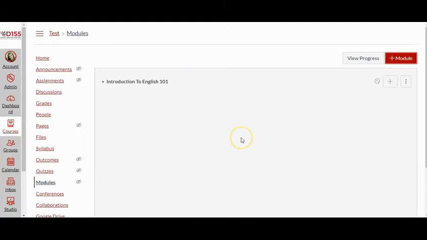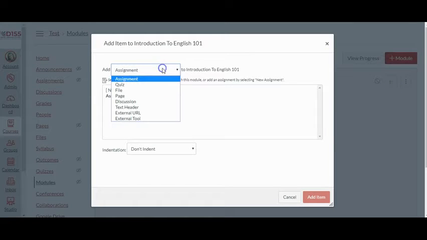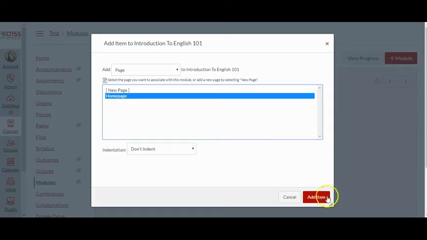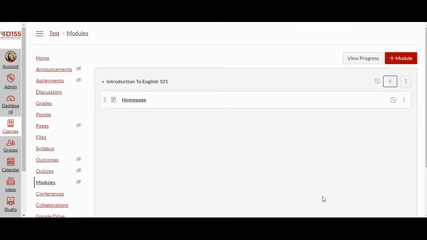And now once I have established a module, once I have a folder, I can start to build in that folder. I'm going to start by making a home page. So I'm going to go here to the drop down and select page. Once I select new page, I'm going to title this home page. So I'm going to add this item right here, and then I'll be able to begin to build my home